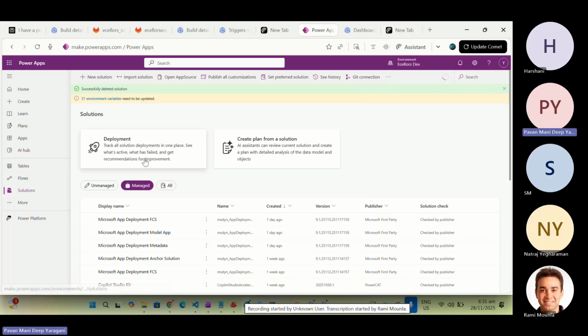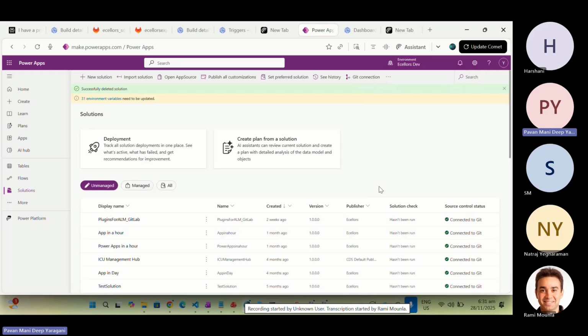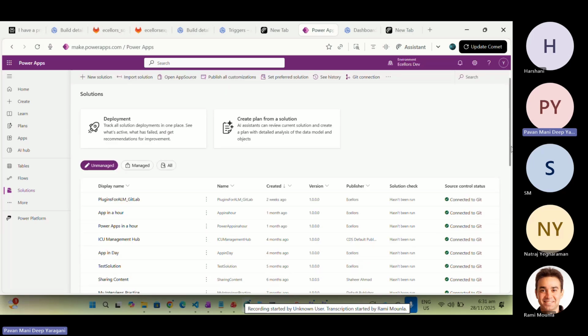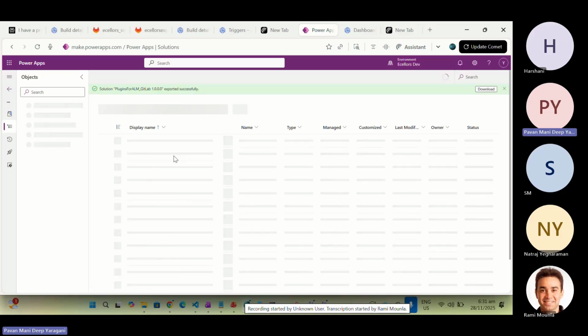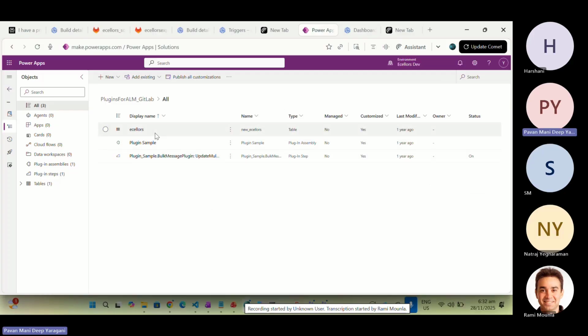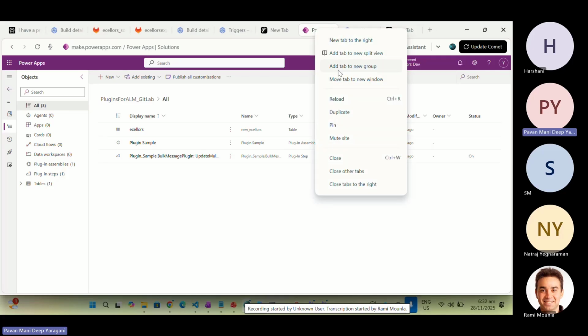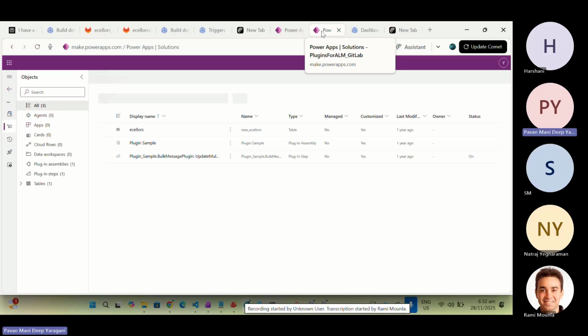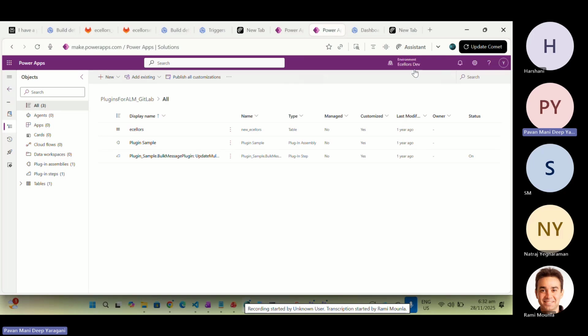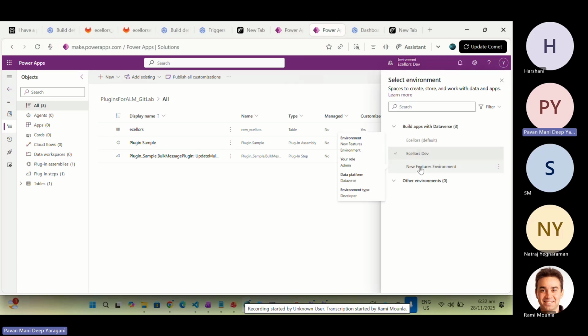This is dev, my source environment, where I have one solution called plugins for ALM GitLab. It is very simple. I just have one plugin solution and one table. We want to export this whole thing and push it to our target environment. Whatever setup we have already discussed, we will use that setup to move this solution from the